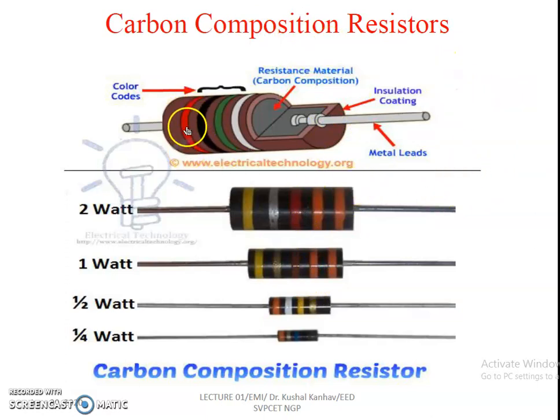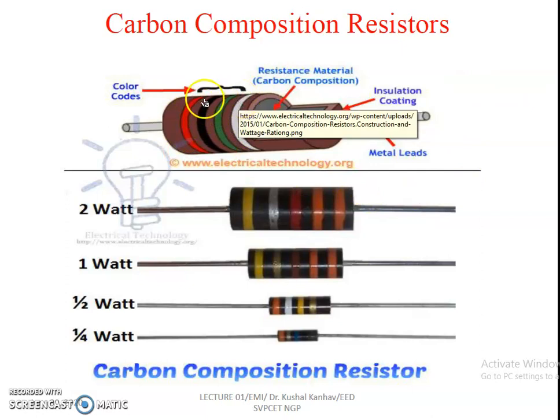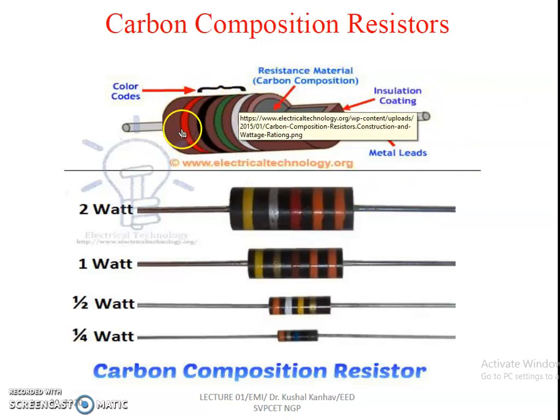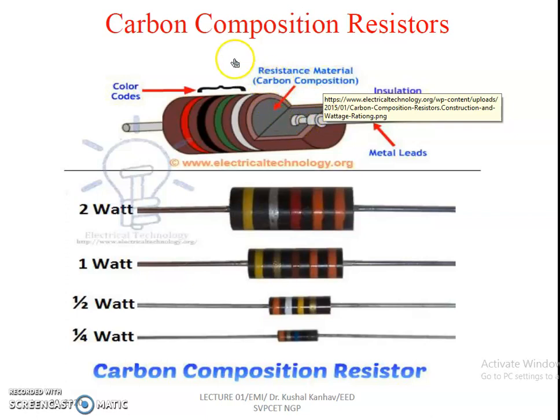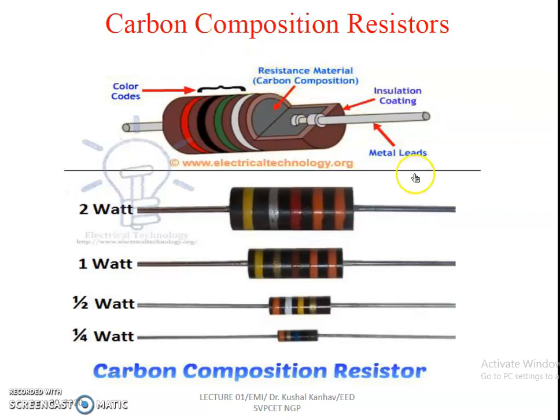Now, what actually is carbon composition? You are familiar with these color codes. You can identify on the basis of the color codes the value of this resistance. You have learned this in your school or in your basic first year also. That B.B. Roy of Great Britain has got dash dash dash. You can complete the statement, and on the basis of the color codes you can identify the value of resistance. So the carbon material is used, that's why it is called a carbon composition resistance.